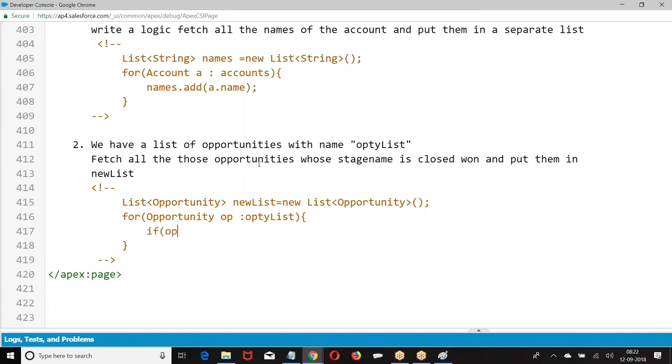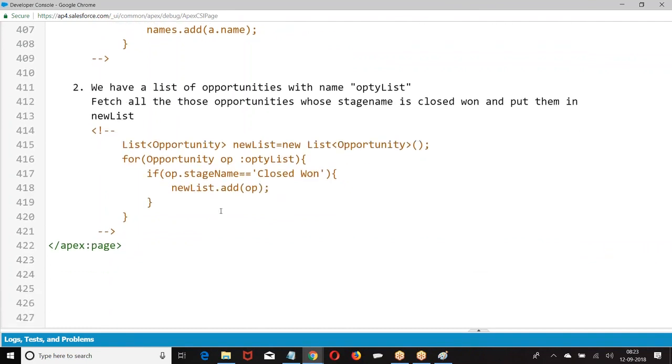If OP dot stage name equals closed one, this is the formula. Are you getting my point?